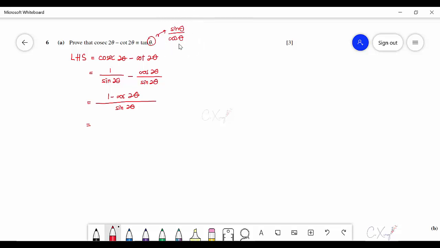So I'm going to replace cos 2 theta with 1 minus 2 sine squared theta. There are three formulas for cos 2 theta, right? For me, I'm going to use this one only because I want to keep sine theta on top. So I will substitute 1 minus 2 sine squared theta, then divided by,